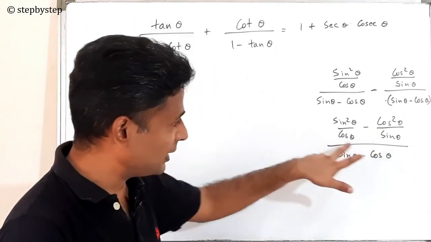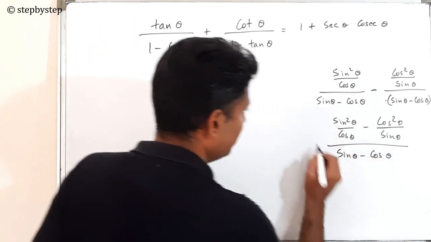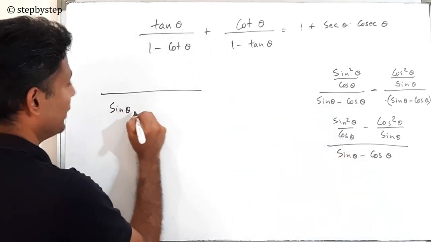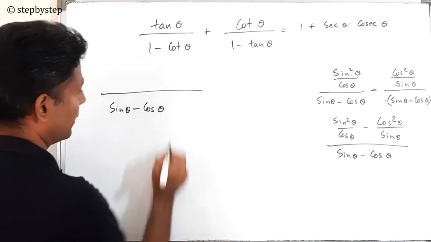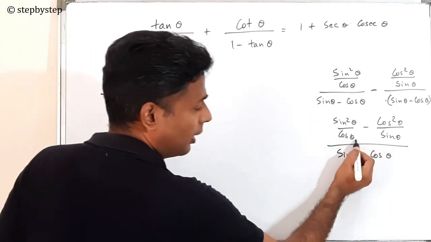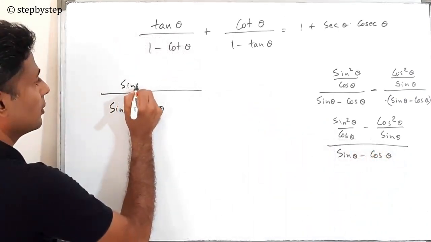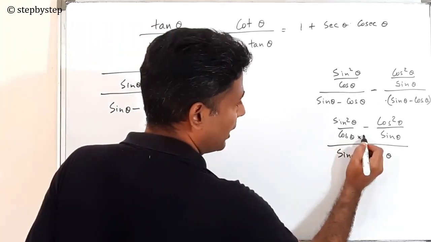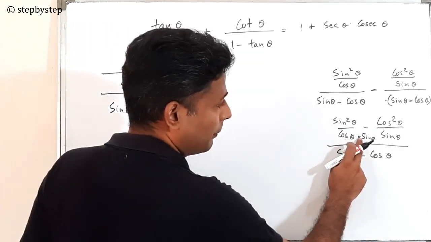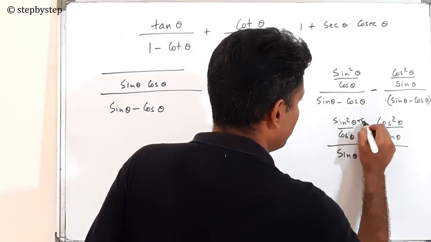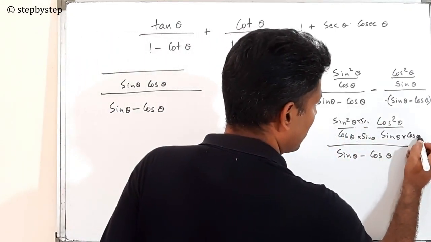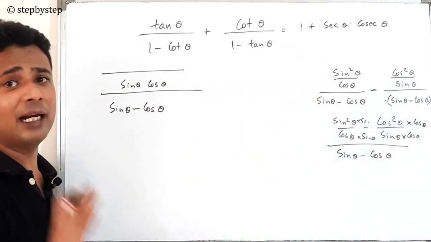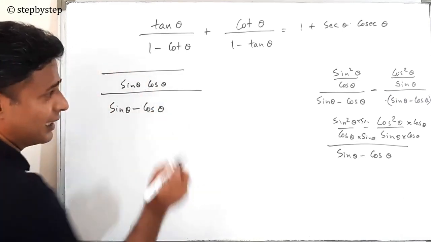Alright guys, now we have to take LCM over here. So what will be the LCM? I'll continue here. Due to lack of space, I had to erase the previous steps, but you can go through the video as many times as possible, right? So now here LCM will be sin theta into cos theta, by up, here we have to multiply by sin theta, so up also we have to multiply by sin theta, same thing, here we have to multiply by cos theta, above also cos theta. We are just doing basic arithmetic functions, remember that. So it is nothing complicated.